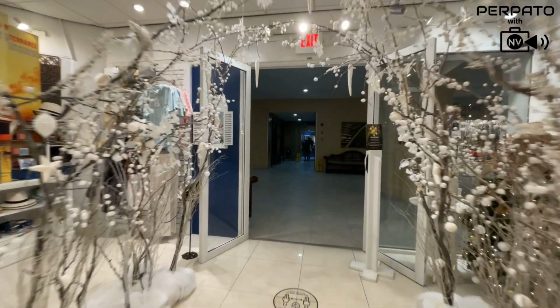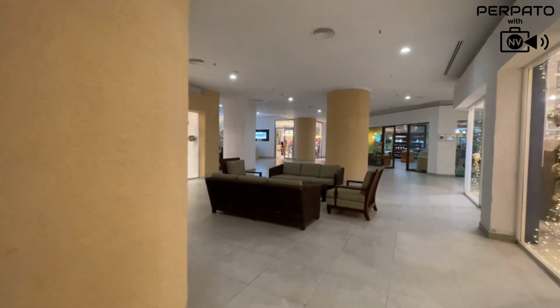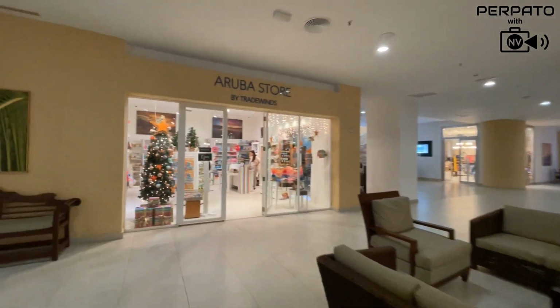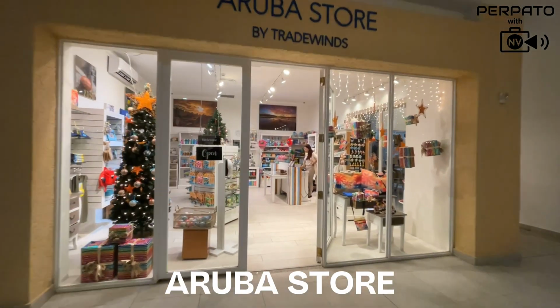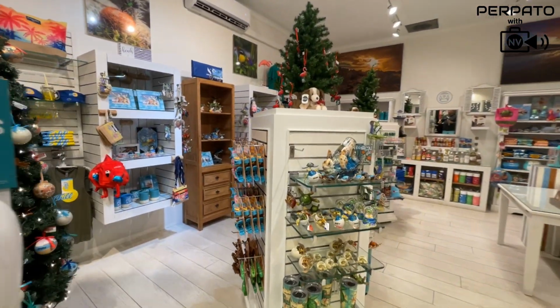Well, it is definitely a beautiful store. I'll show you now back into the hallway here. We're gonna go across the hall. This is the Aruba store by Tradewinds, so by the same company, but they do have other items here, like